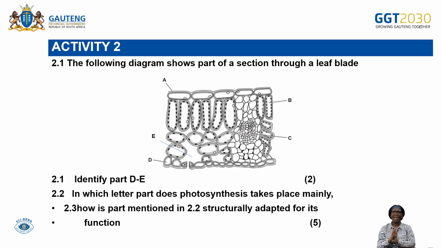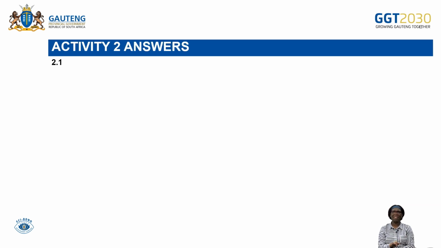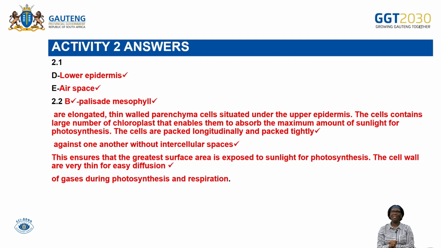How is it structurally adapted to perform its function? It has many chloroplasts and maximizes photosynthesis. Very good, girl. It has many chloroplasts to do what? To maximize. The cells are elongated